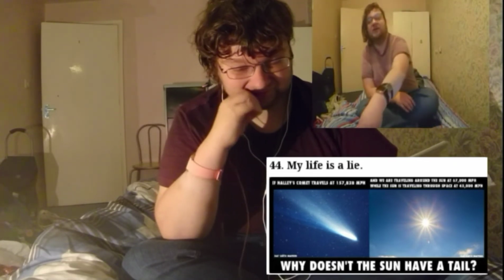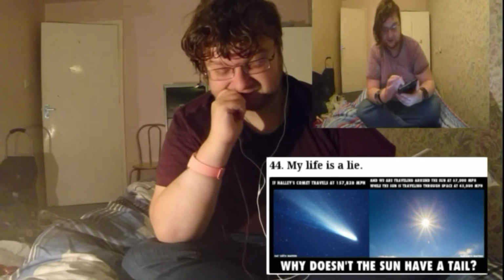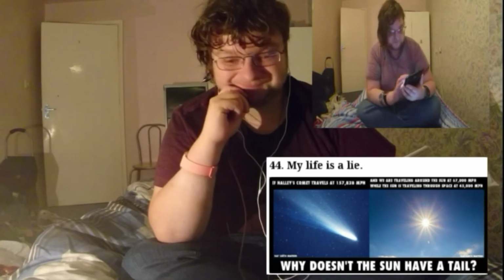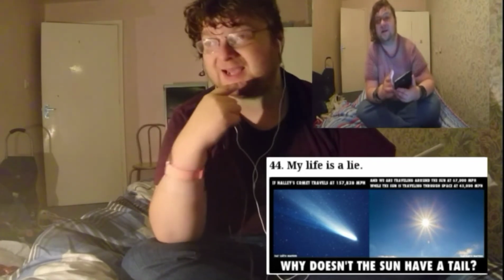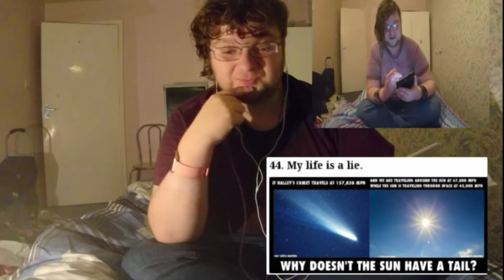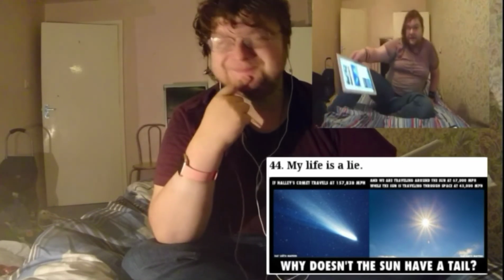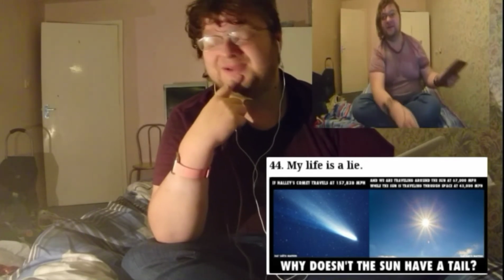Now this is something I was looking at the other day. Now comets have... I'm going to have to go on to this. This could take a bit of time. Won't take any time at all because the camera cuts out. Restart it up again. I'm going in. I actually found it out. This is something that's a bit...